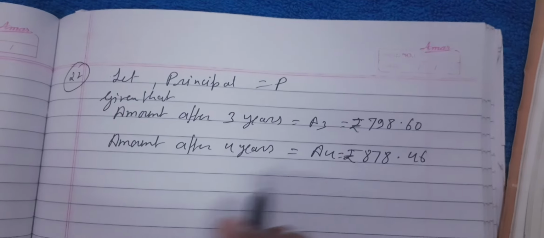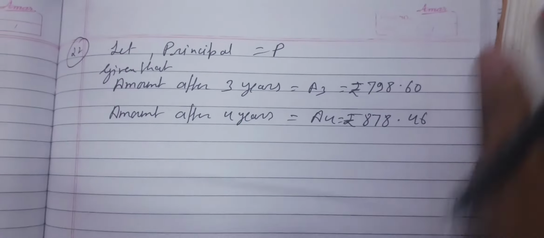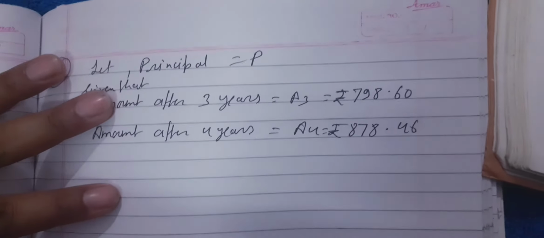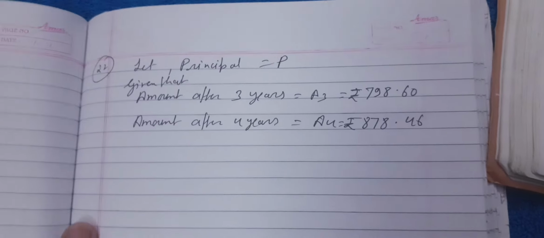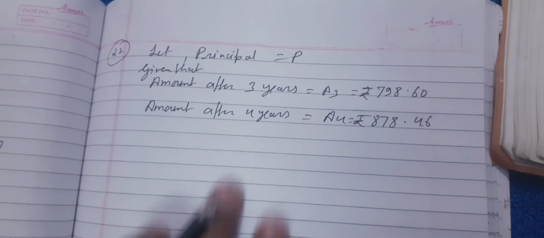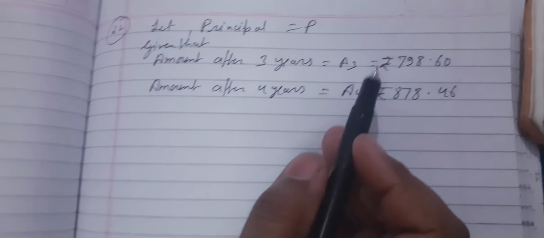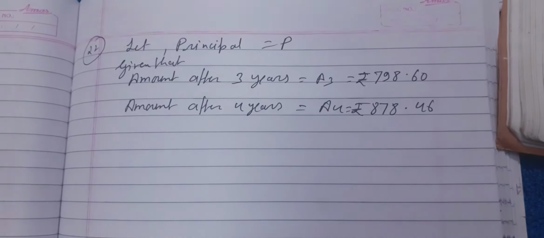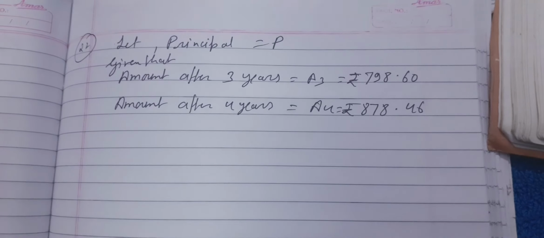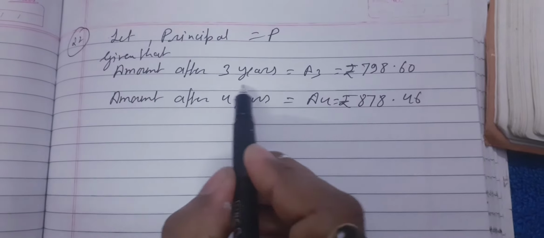Okay, and find the interest rate and the sum. This is the thing which is given, nothing else. Okay, now how will we solve the sum? We can solve it by the lengthy method also, by using all P, R, T, and for time we can write 3 and all the things, but I will teach you the easiest method by which we can solve it very easily. Children, use your common sense.